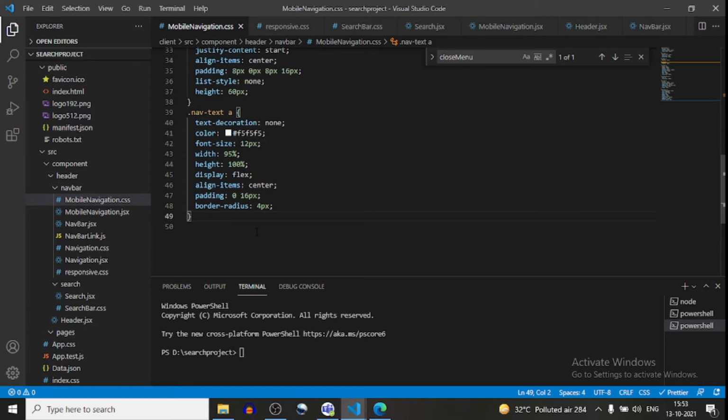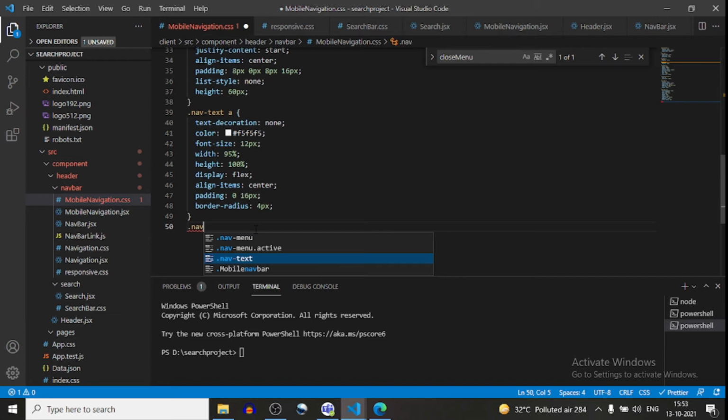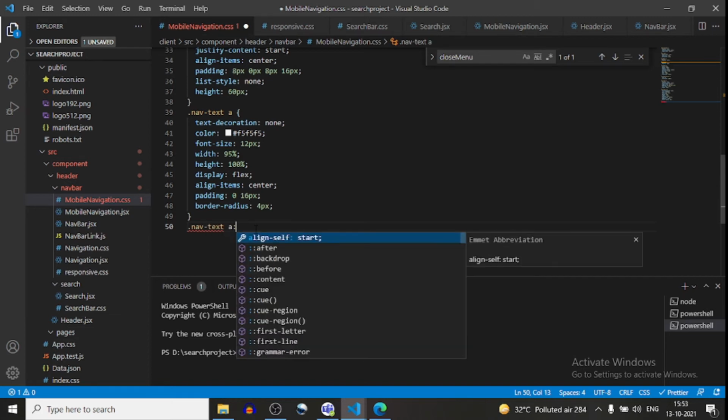Okay, now I will do nav text anchor dot hover.